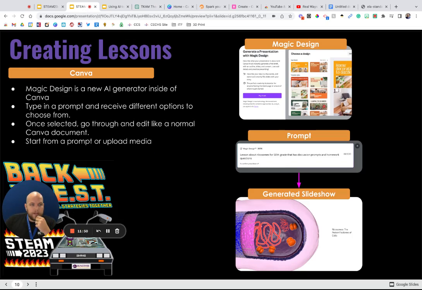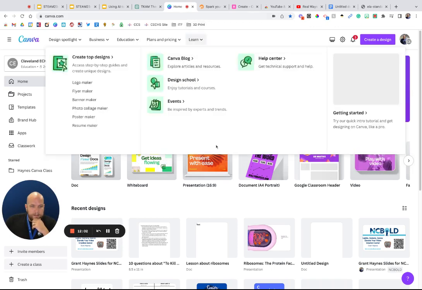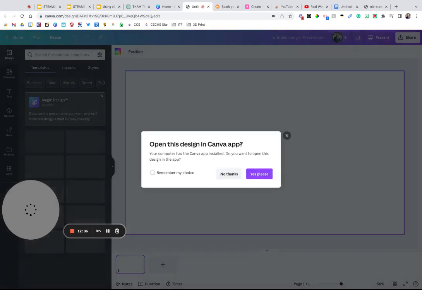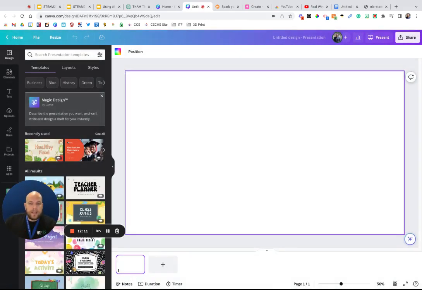Okay. Next, we're going to take a look at Canva. And so Canva has two AI features inside of it. One is called Magic Design, and one is called Magic Write. And so Magic Write and Magic Design is not, I would say, as robust as the next app, which is CuraPod, but Canva is free for all educators. So you may not be able to use all the features in CuraPod if your school's not for that. But if you have Canva, you do have access to some AI information.